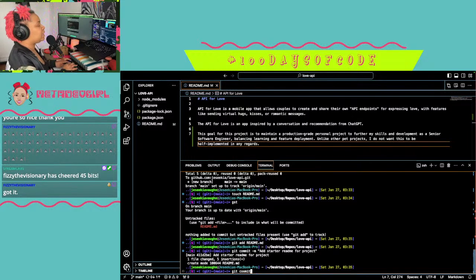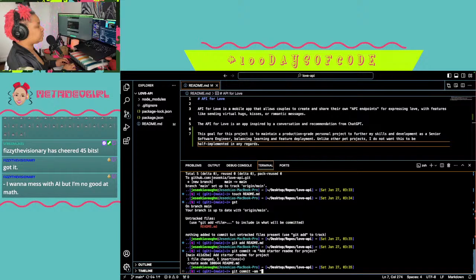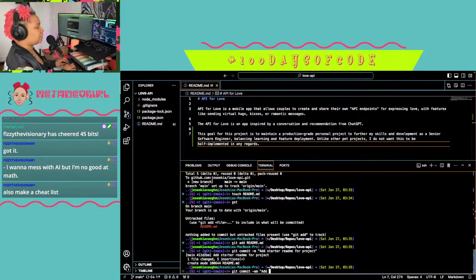Is it commit? I need to learn some of my shortcuts and get commit dash am, I think. Let's try that. Add a goal to readme.